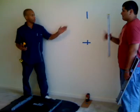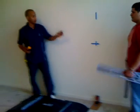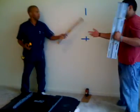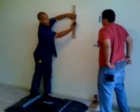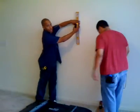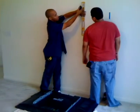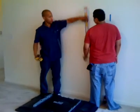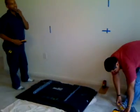So what I'll do is I'm going to get my measurement, put a little mark where the stud's going to go, and from there, Junior's going to give me the level, and we're going to go plumb on each stud. I'm going to find my mark, make my mark on the stud, and we're going to go plumb on the stud. That's right up here, and that's where the bubble is, in the center of that bubble. And from there,